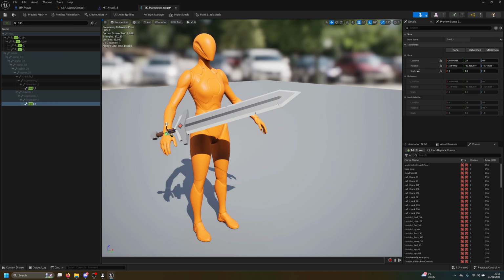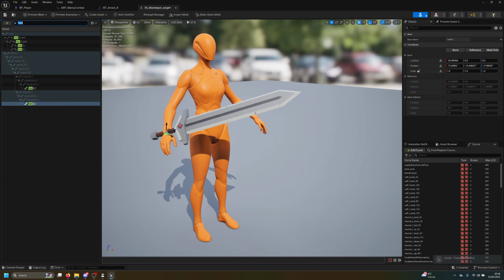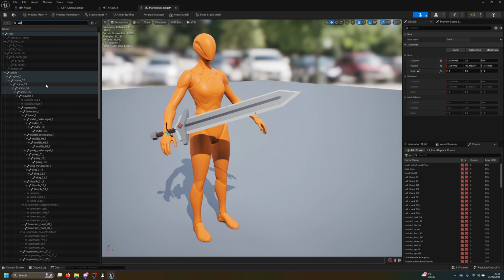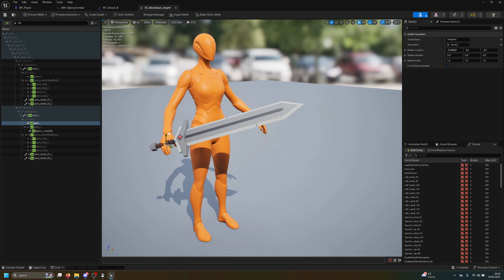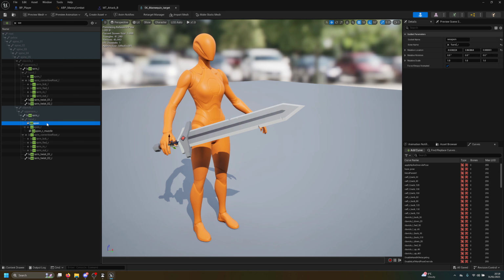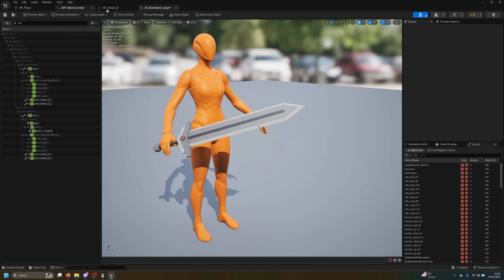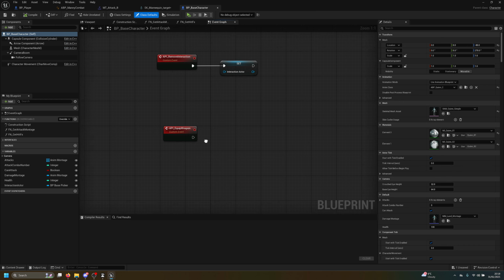So I can just maybe try to edit not the arm, but actually the sword, or the weapon, sorry. Here. I want to give the weapon maybe right here, so it stays on the hand all the time. That's fine. Now, if I press play, nothing is gonna happen, by the way. We need to add the logic to do that. But now that we have the socket name, which is just called weapon, all you gotta do is go back to the player here where we equip the weapon,